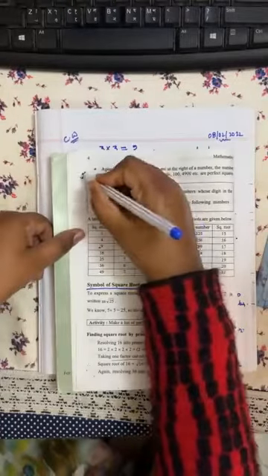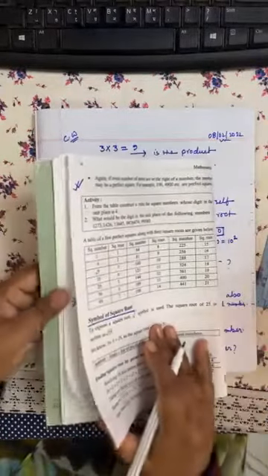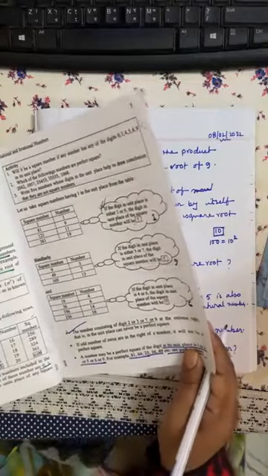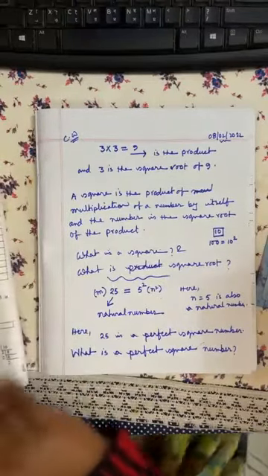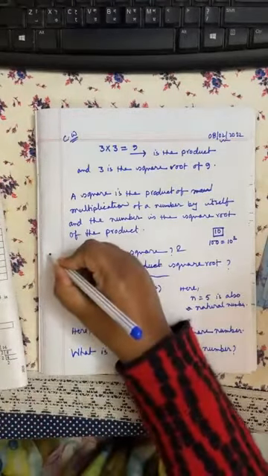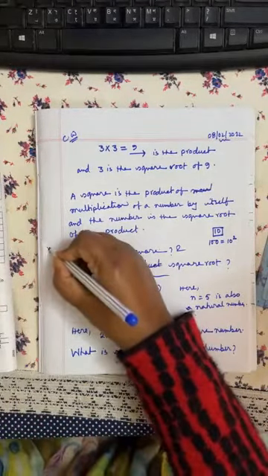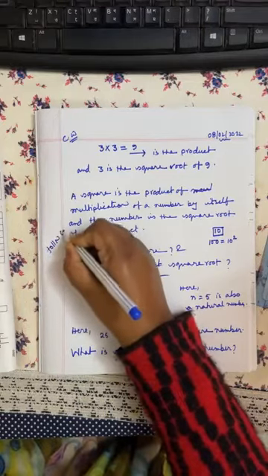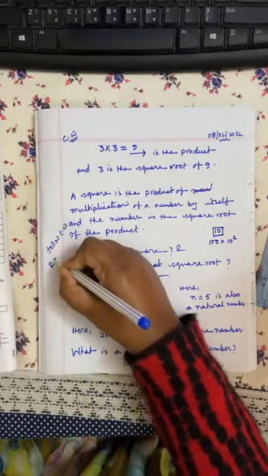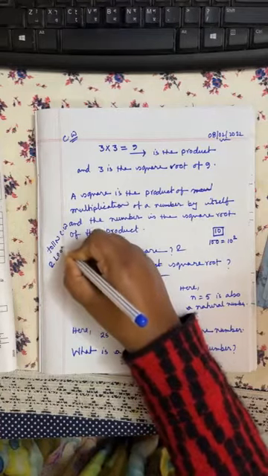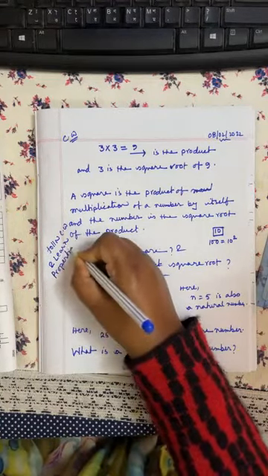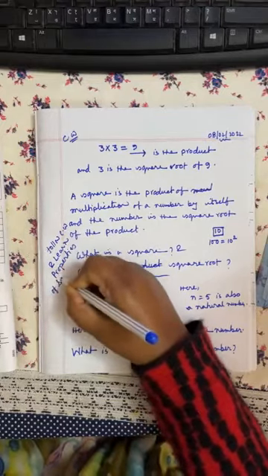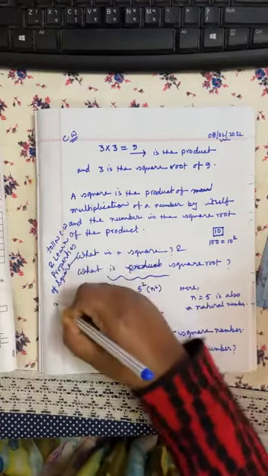So you should read the properties of square numbers and you should follow the CW. Follow CW and learn properties of square numbers. Okay,